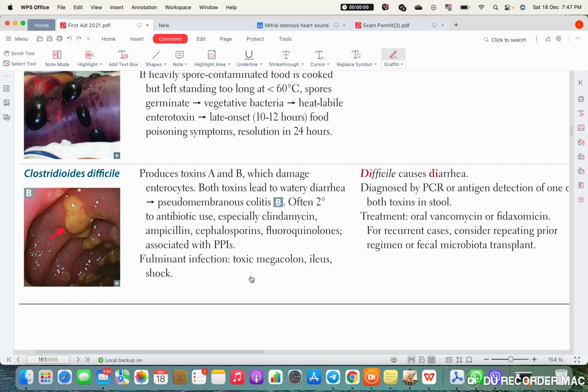Come on. No, it's not the clindamycin. It's amoxicillin. It's not even written here. Because it's the most commonly used antibiotic overall. So logically, it will be the one that causes Clostridium difficile the most. This is a step 2 question.